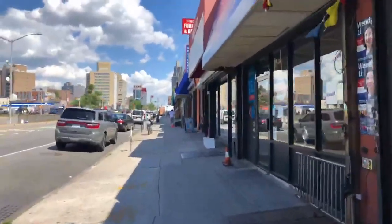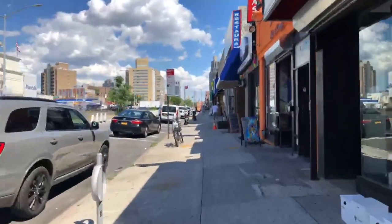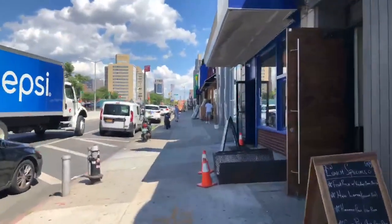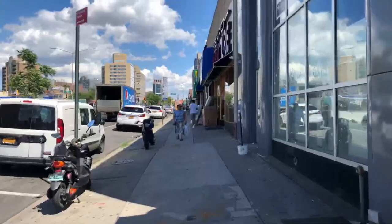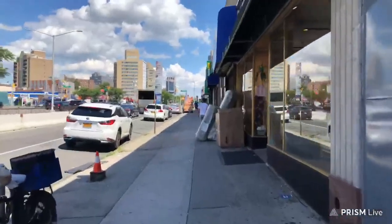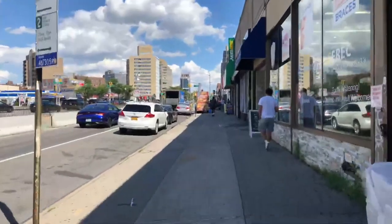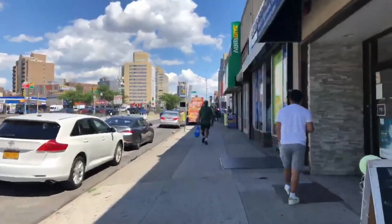So how do we walk 20 blocks opposite of where I am, where we're going? We would have seen the Spanish influence, the Latin American influence. You don't even have to walk 20 blocks. You just, okay, maybe Queens Center Mall is not a good example because it brings in all walks of life, but you just walk around, not inside, Queens Center Mall, and you'll see the Hispanic influence around that area. And it's like that for not only 20 blocks, a bit more, because the Latin American world is so huge, right? So I would say a good chunk of it, you would